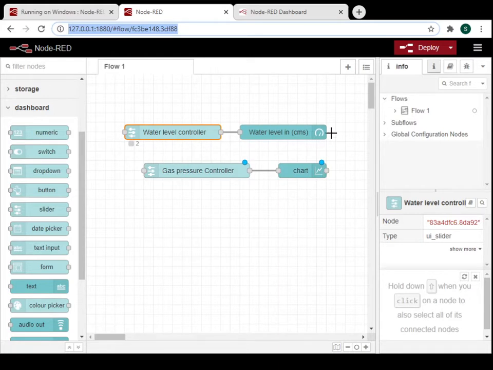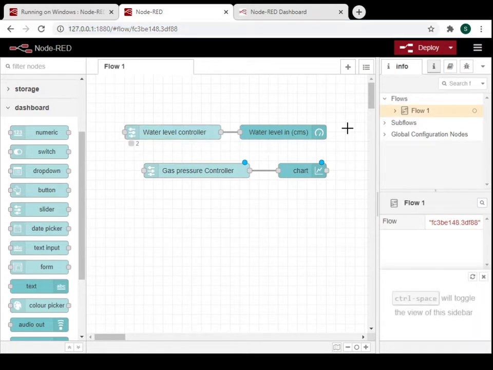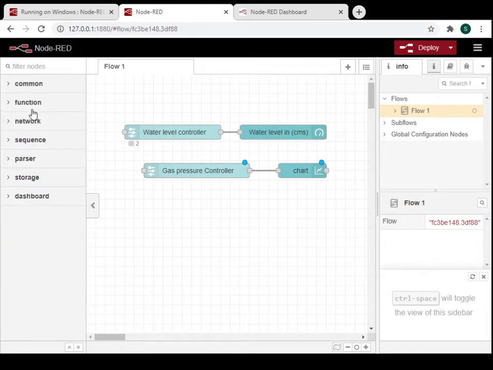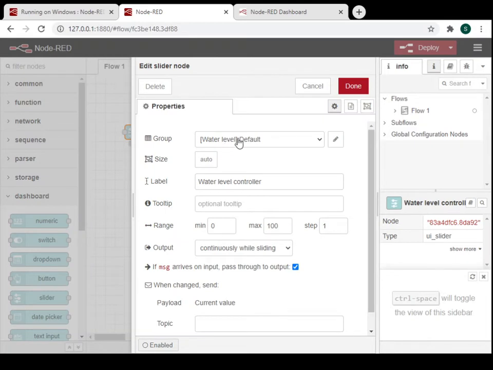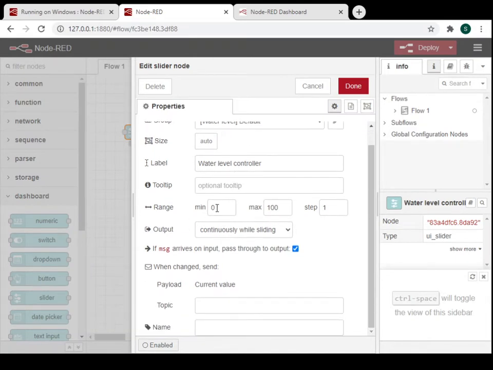Here we are using the Node-RED software to create a user-friendly user interface where we can see and analyze data. Initially I am using the dashboard. I have taken the water level controller and given it a range from 0 to 100 in single steps,